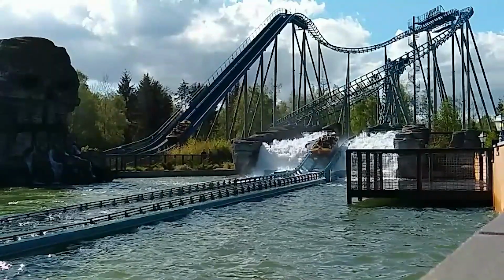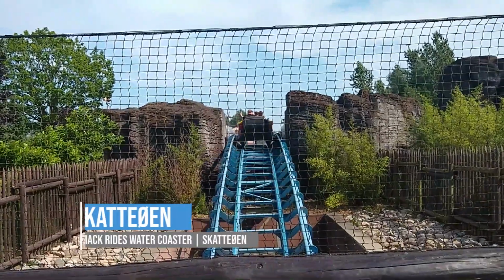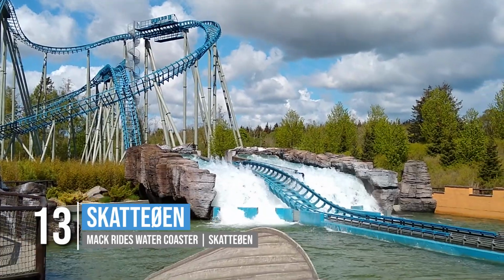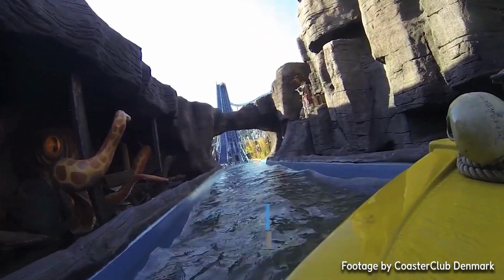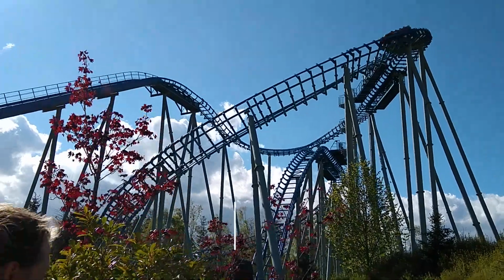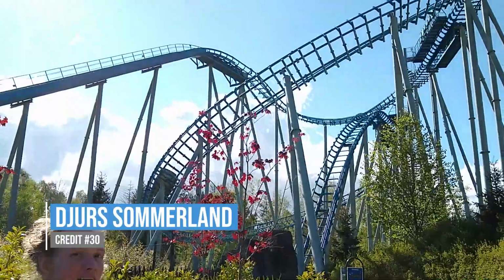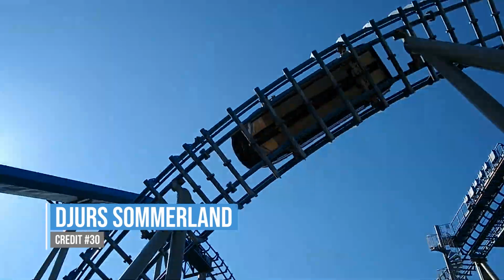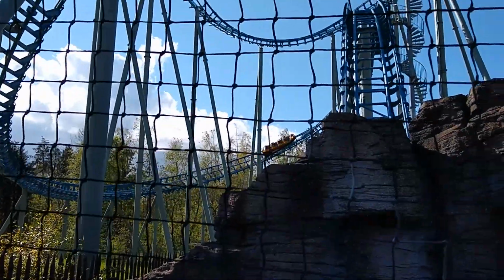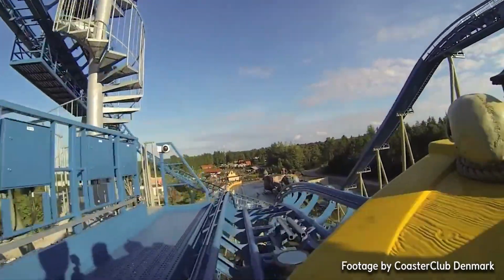At number 13 is Scandinavia at Vild-svinet. This is a Mack Rides water coaster, the Scandinavia layout itself, and this is a short but sweet ride. It combines a very nicely themed pre-lift section with a fun and faster layout. It's got a great overall atmosphere, a good location, and when it comes to the layout itself, it has one very long moment of laterals in this big curved drop and ascent,